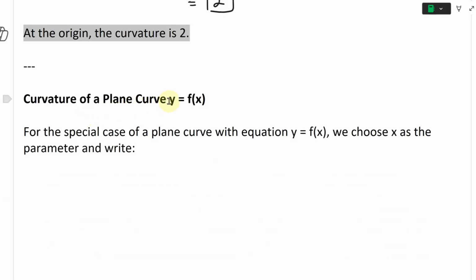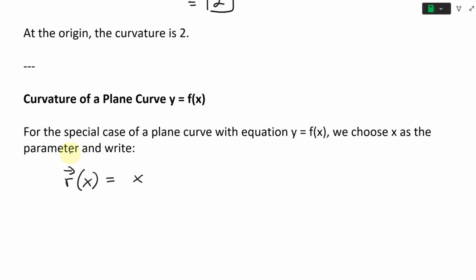Curvature of a plane curve that has an equation y equals f of x. So for the special case of a plane curve with equation y equals f of x, we choose x as a parameter and write this in our parametric equation or vector format, but now it's in terms of x. So if we have r, a vector function of x, and then just write this out in our standard basis